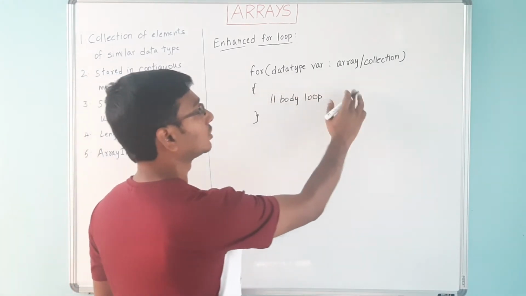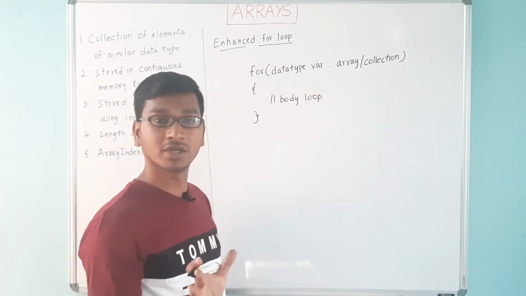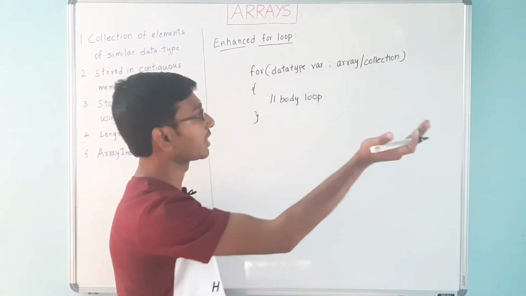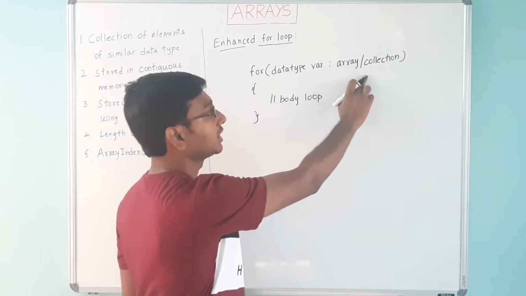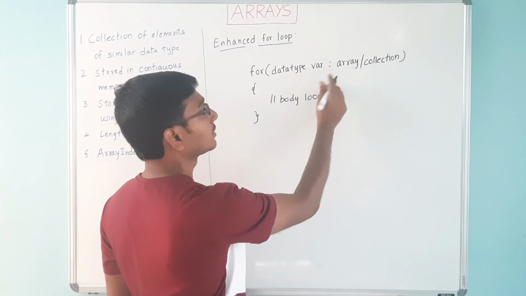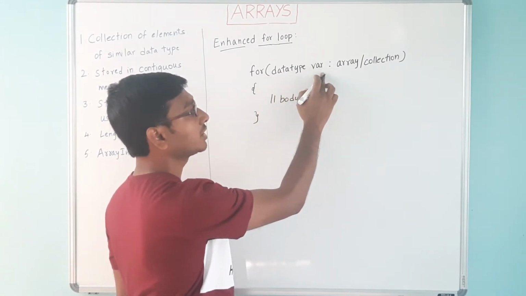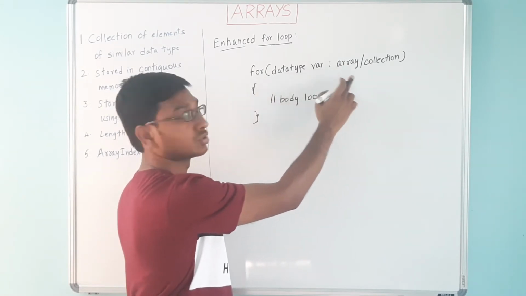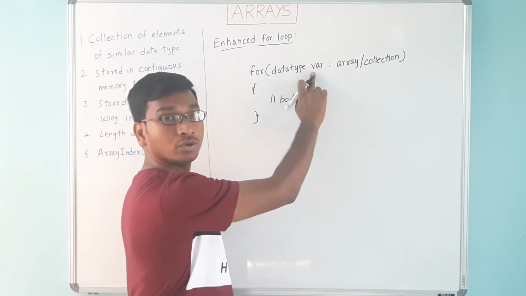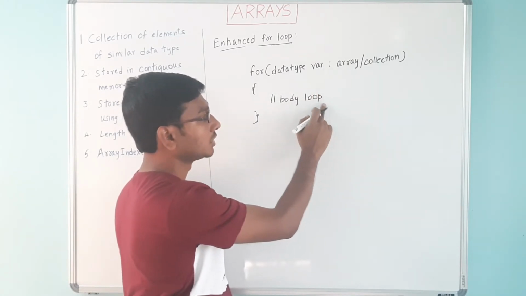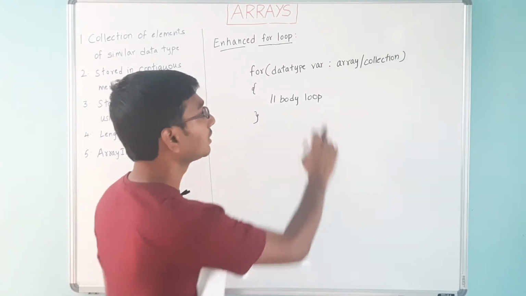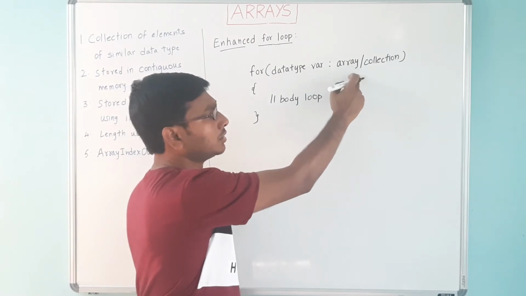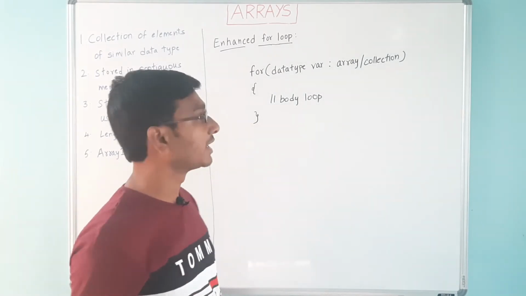Let us understand it now. If I want to read the elements of an array, we need to mention it here. We'll read this enhanced for loop from right to left. So we need to mention that array here, and then we have a colon, and you can see here the data type of the elements which are present in this array. So we need to mention it here, and each element, starting from index 0, will be read into this variable, and this variable can be used inside the loop, and this will continue till the last element in this array, that is the index specified by array dot length minus 1.